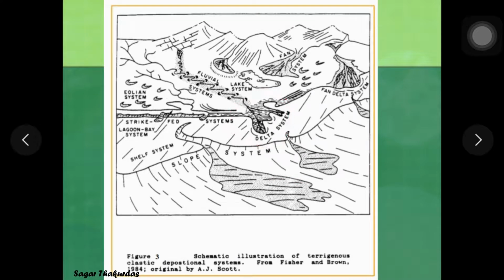You know what is delta, and here you can see fan delta system at the right hand side corner, where the sediments from high ground are directly deposited into the basin. So that is the difference between an alluvial fan and fan delta, or a delta and fan delta.